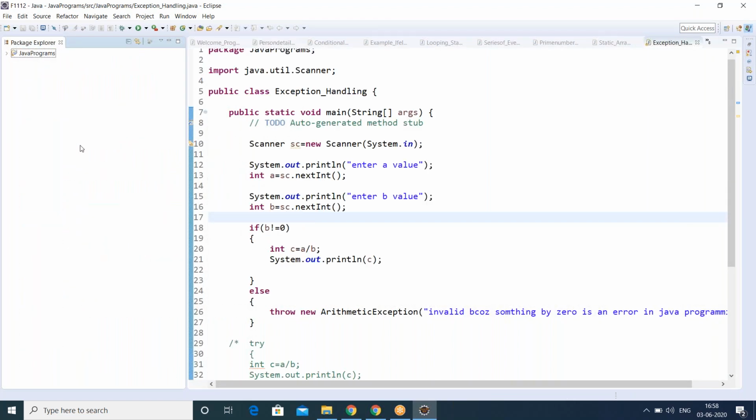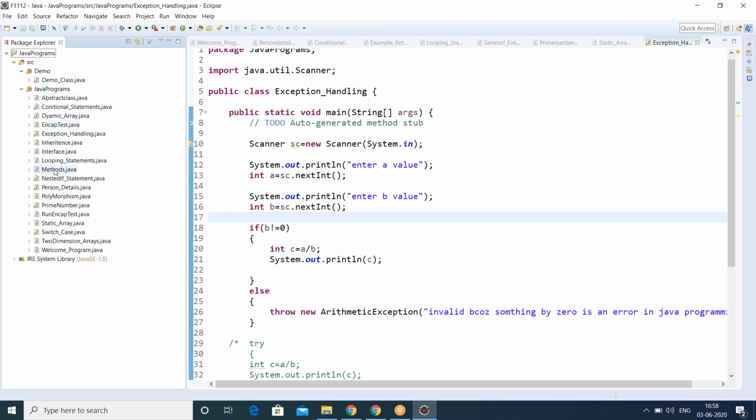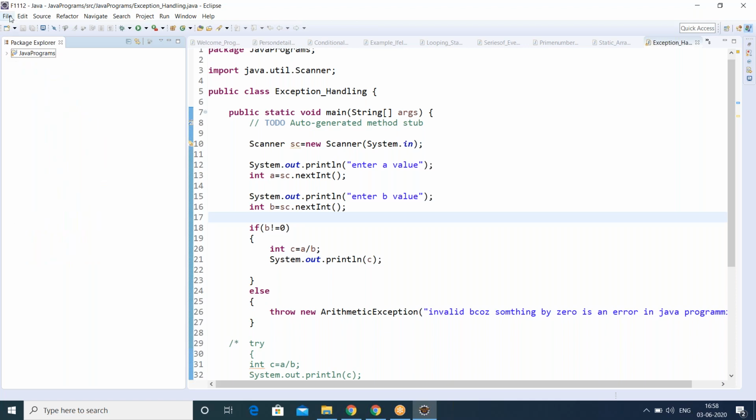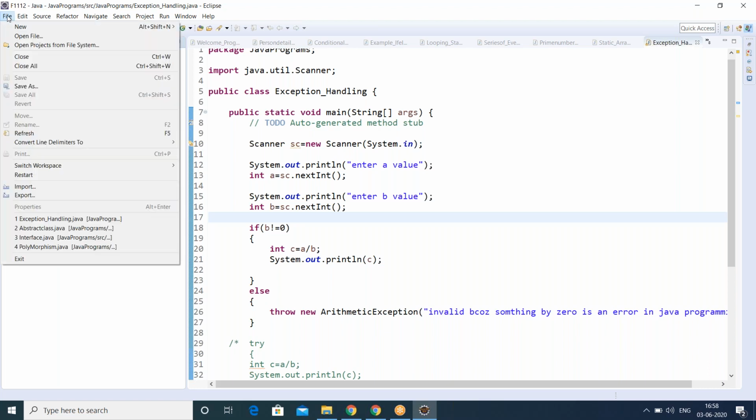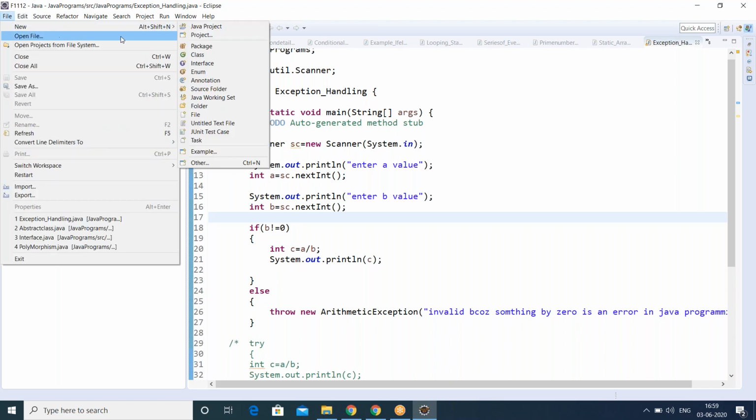Now I'm going to add one project. This is the project we created for Java programs. Whenever we discussed Java programs, we created them here. All these are Java program projects. Let it be. Now I'm going to create a new project. Yes, we can have more than one project in our workspace.